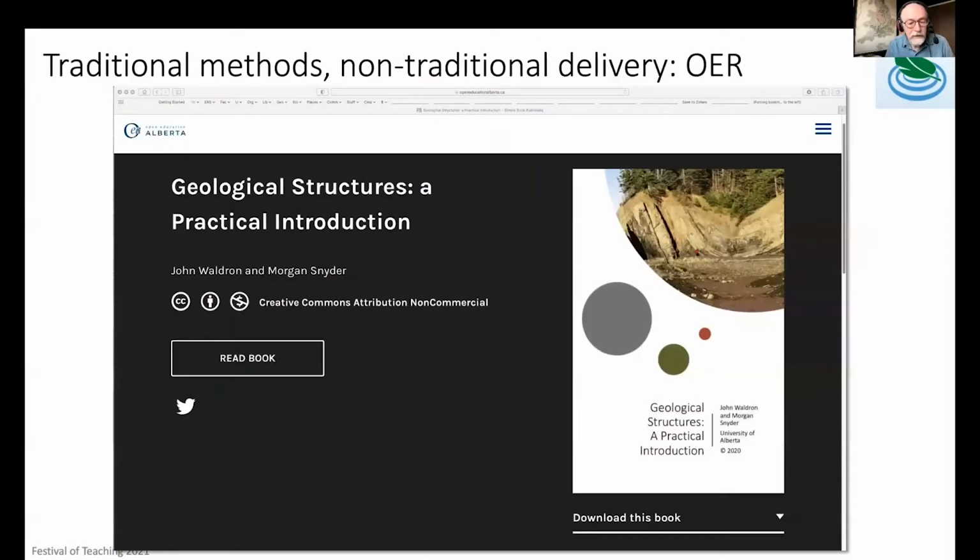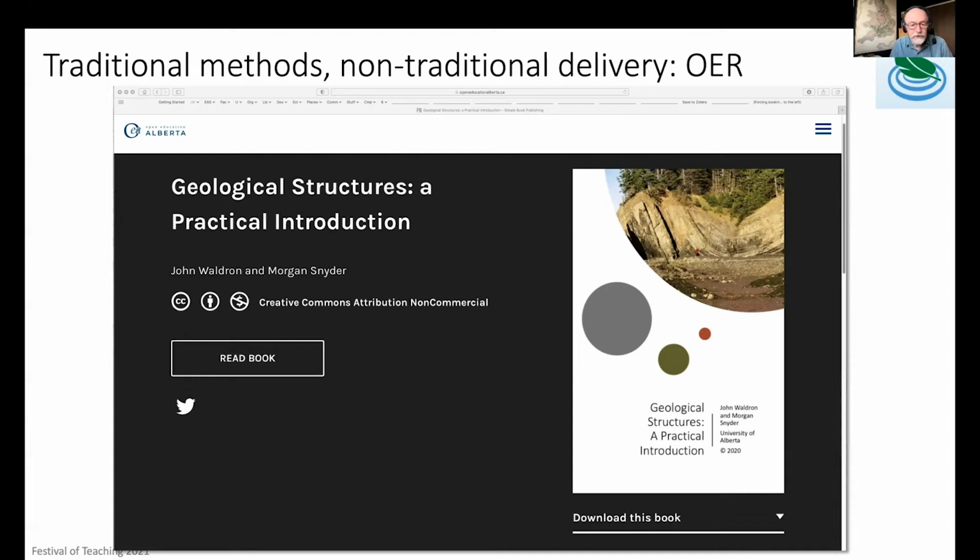So for many years, we addressed these techniques by means of a book of lab exercises that we sold through the university bookstore to the students when they started taking a second-year course on geologic structures. Over the years, we added more and more material to that. So the students started asking, well, why do we have to buy a textbook as well? Everything here is in this manual. So we ran with that idea and produced an open educational resource, which is now a free textbook that the students can download and print for themselves. And it contains both the theory content and all of the lab exercises.